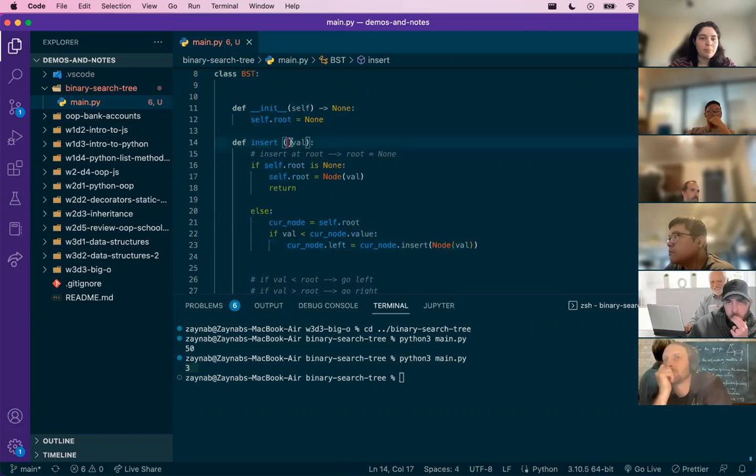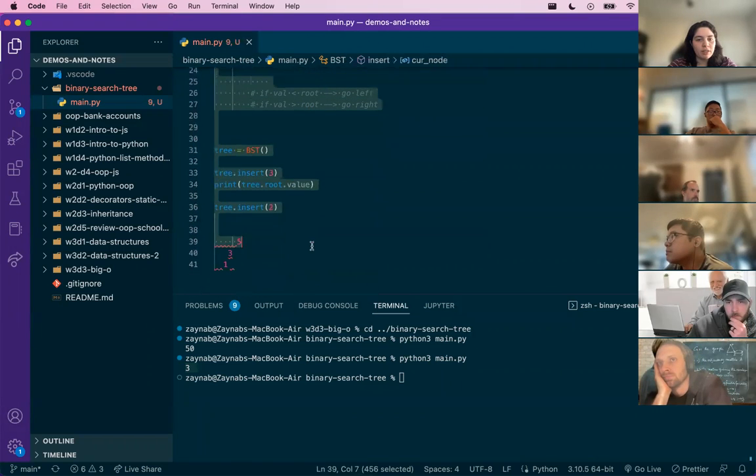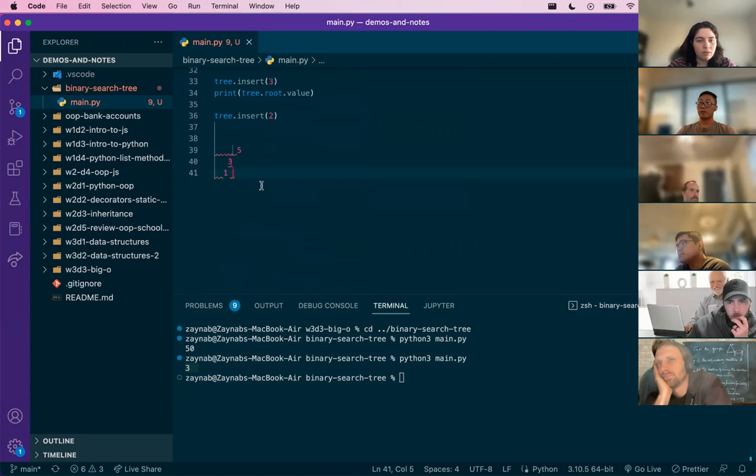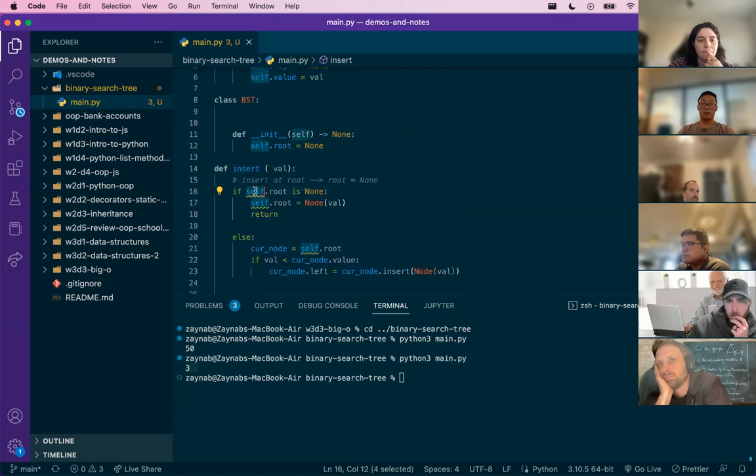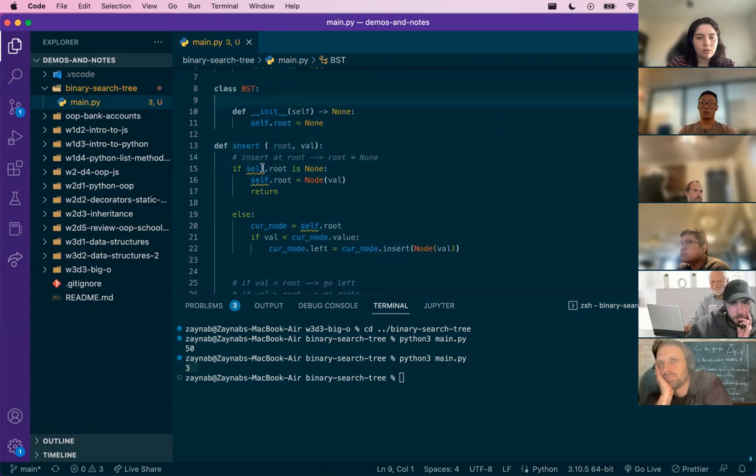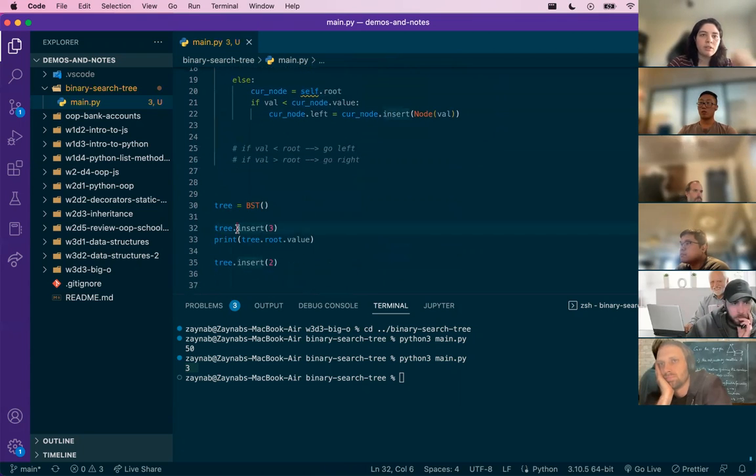How about let's keep insert outside of our class. Let's implement it that way first, and then we can pretty much refactor it and do that. Okay. So inside insert, we're gonna send in the root, and then we're gonna send in the value. And the root is going to be the root of the tree. So when we're calling insert, we're saying